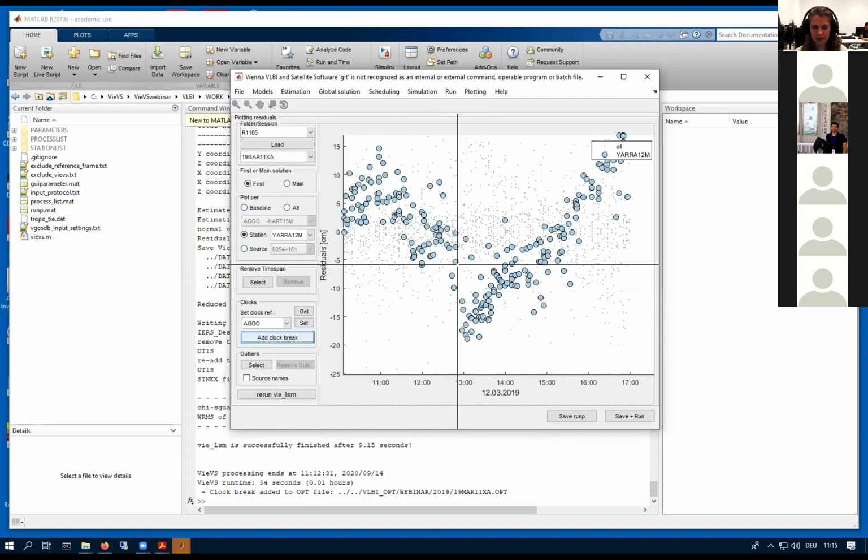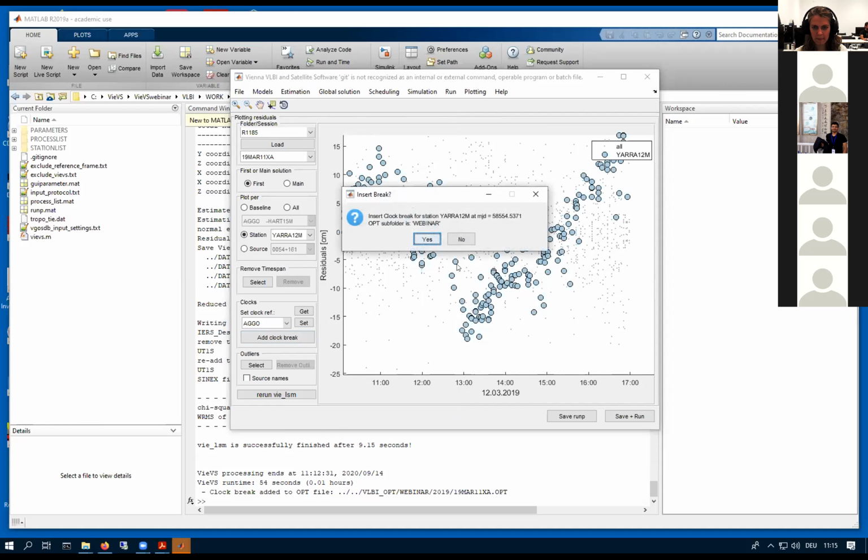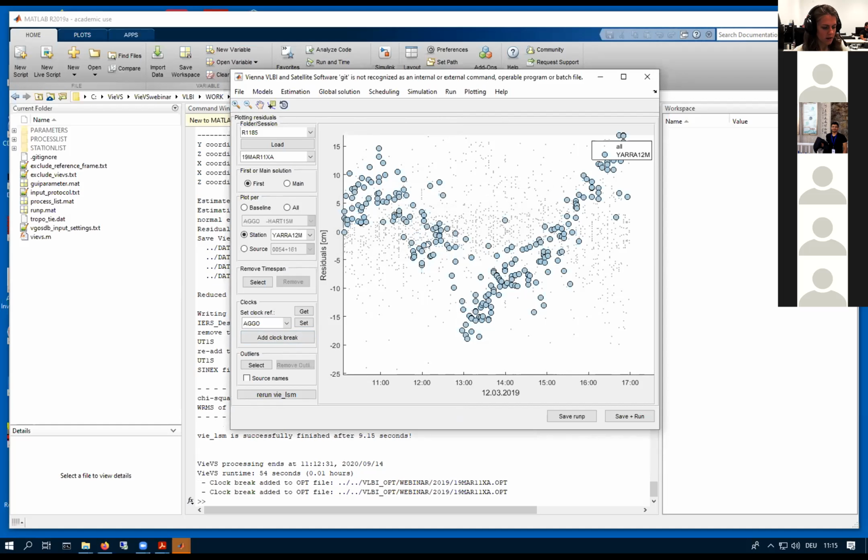I would add it here. That's pretty in between the two, between the observations. So click, and now, yes, confirm you want to add the clock break. Okay, now when we click save and run again,